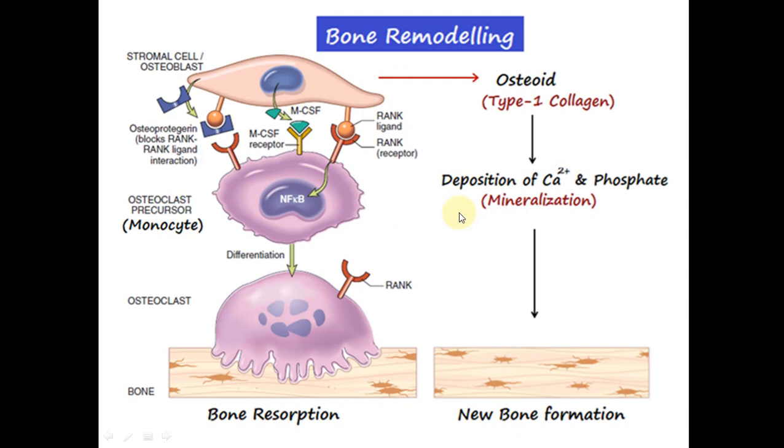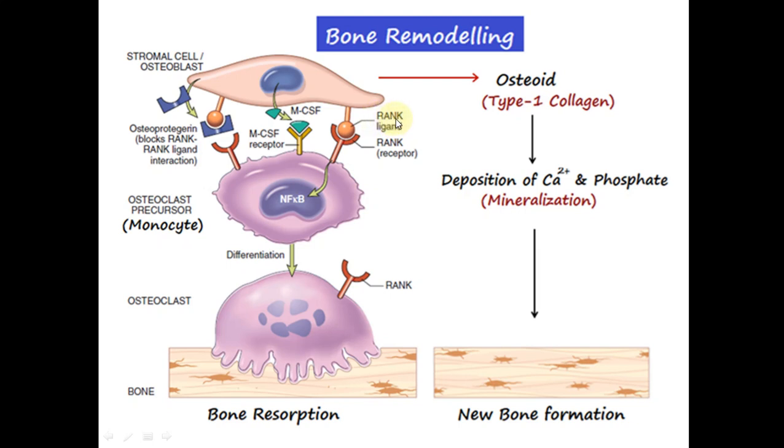This slide is very important, and this is the molecular level at which the bone cells interact with each other, causing either bone formation or bone resorption. The osteoblasts are derived from the progenitor osteoblast cells, and they secrete two important factors that are involved in the activation of the osteoclasts. The RANK ligand,